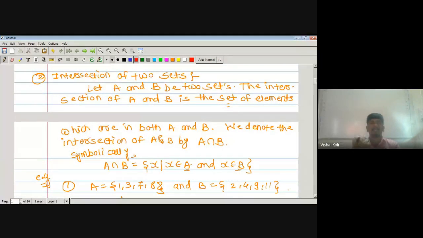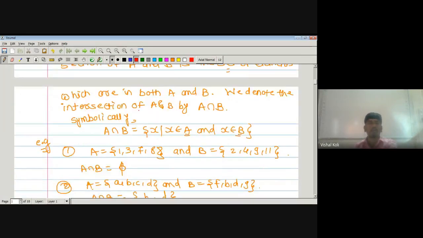Okay. Intersection of two sets. If suppose we have two sets, then the intersection of two sets is nothing but it contains all those elements which are present in both A and B. What were we doing in union? If there are two sets, then in union the elements were either in A or in B. If they are in both, it is fine, but even if they are present in only one of them, we were taking them in the union. But in intersection, only those elements will come which are common to both; only those elements will I take in the intersection.